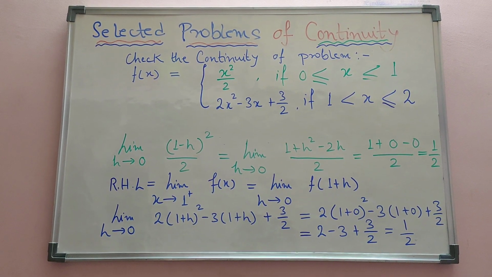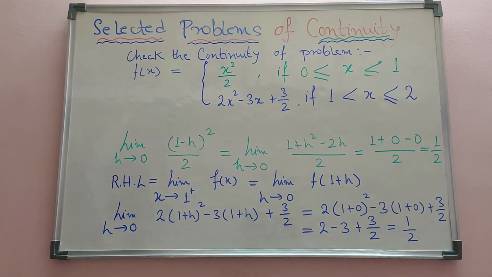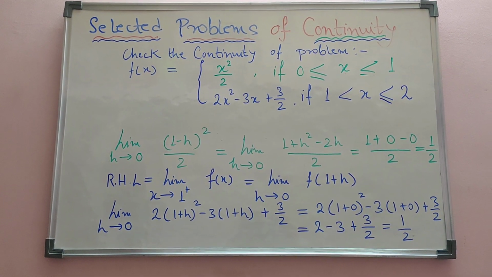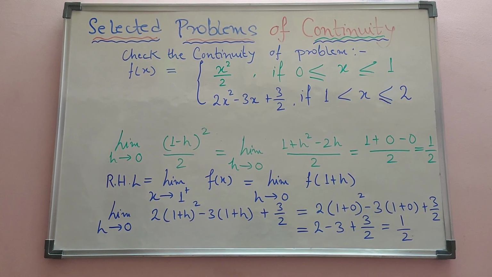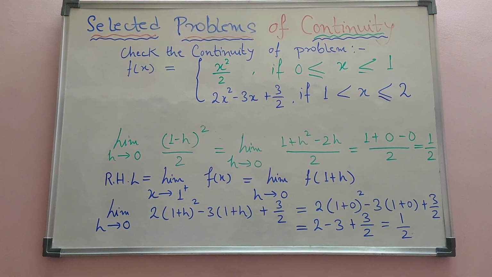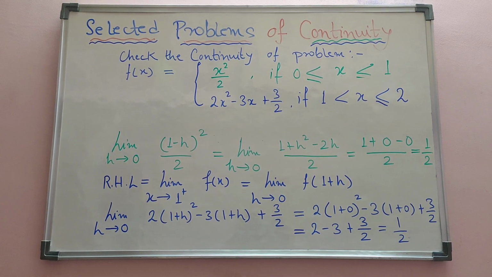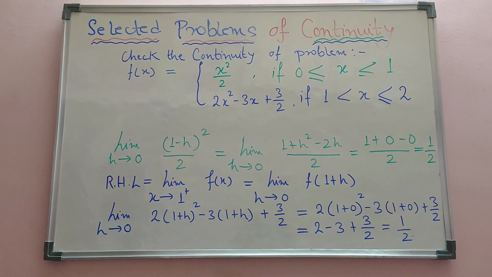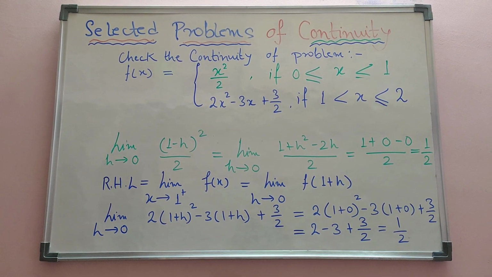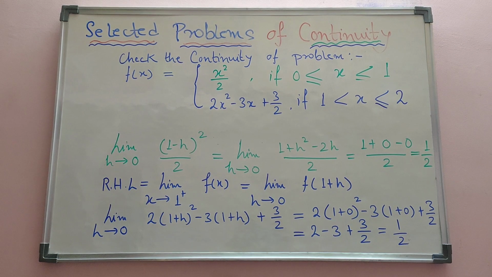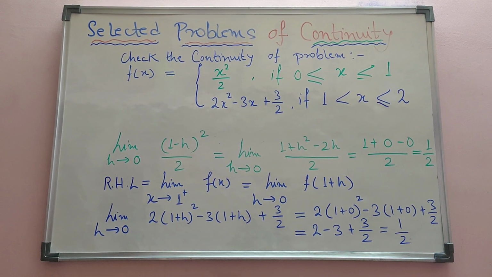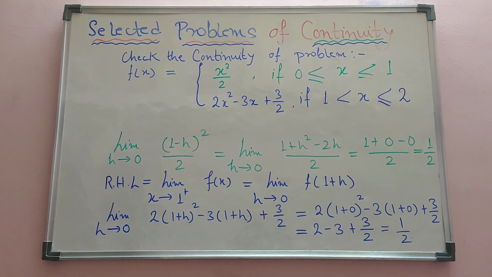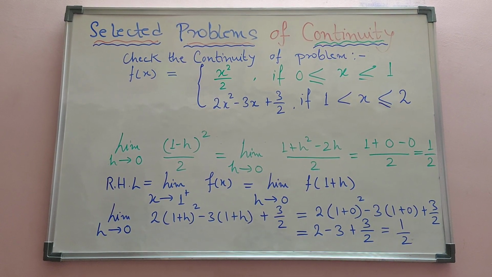Now we have to find out the right hand limit. Right hand limit, x approaches to 1 plus. Plus is given on 1, it means it is on the right side, slightly more than 1. So now in place of x we have to take, because we are taking the right hand side, in the earlier case, in the left hand limit, it was the left hand side. So on the left hand side we took slightly less than 1, so 1 minus h. In case of right hand limit, it becomes 1 plus h. So f of x becomes f of 1 plus h.